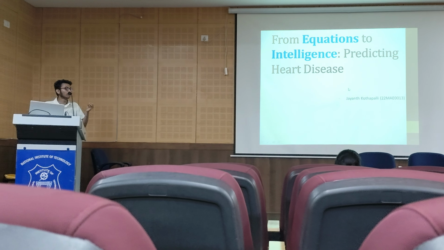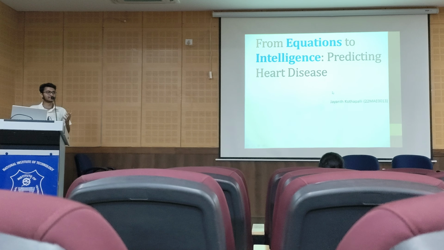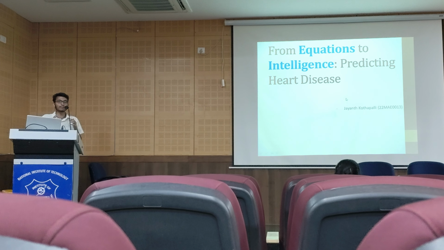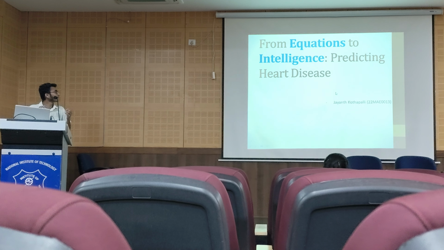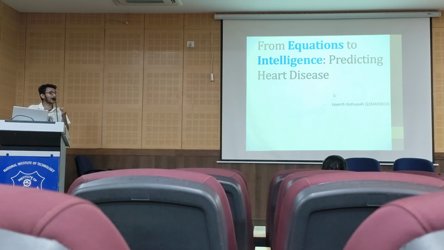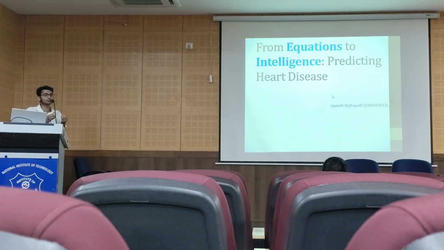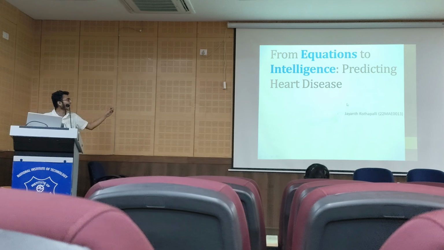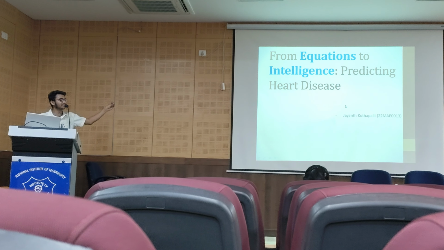Equations: how ML algorithms are getting intelligent. Now AI is booming and it is properly impacting all the sectors. But everyone says that there is mathematics behind it. I will try to show how the equations are giving the intelligence to the ML model, and we will use the intelligence to predict heart disease.